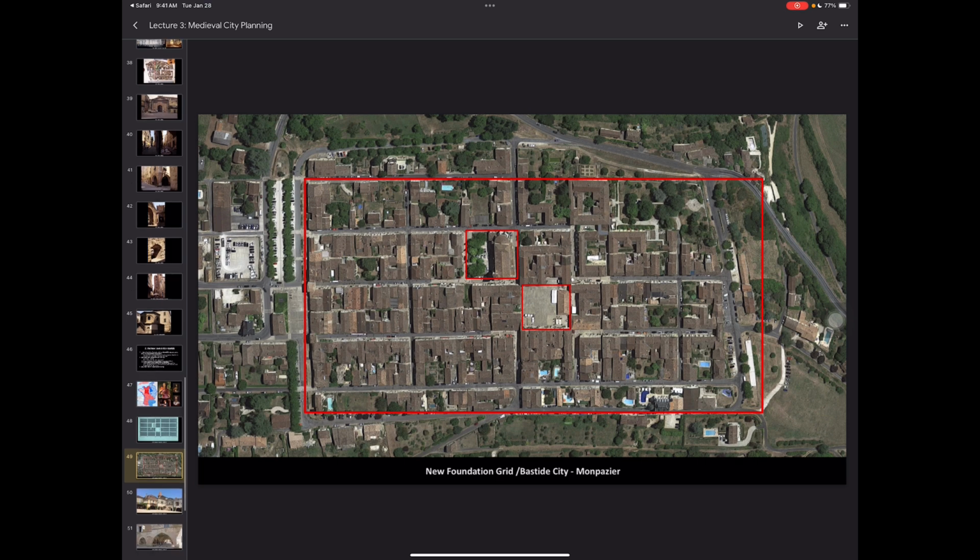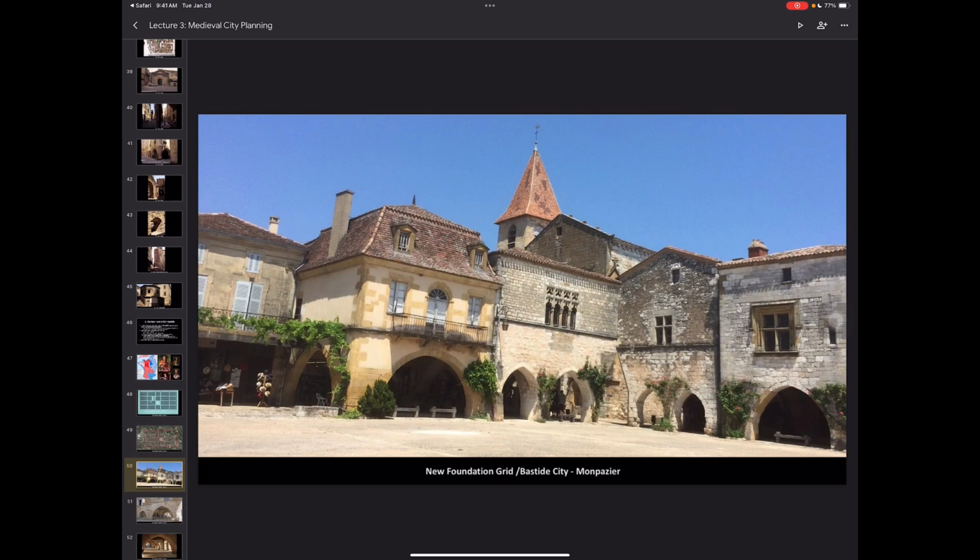And this is what the city square looks like. So I'm going to show you just really quickly. It is a very, very large square comparatively, right? So if you were to come from one of those Roman grid or the radial cities, this would look enormous to you. And therefore, if you're a merchant, you might be willing to relocate here because it's a much better deal for you. You have more space, it's cleaner, and it's safer.